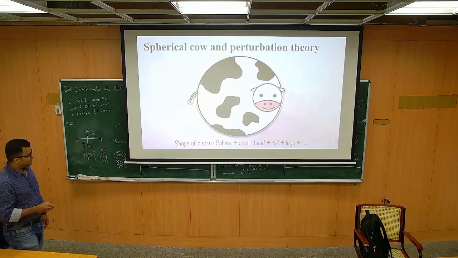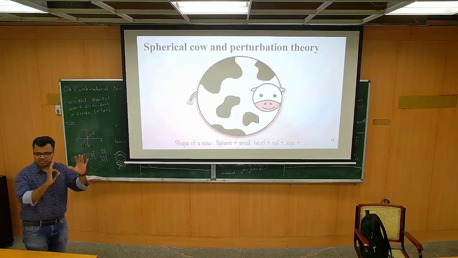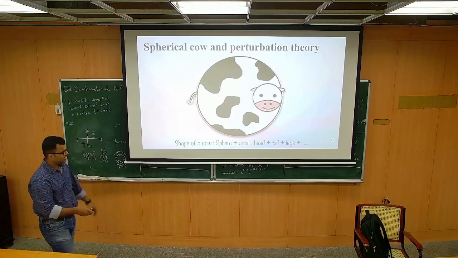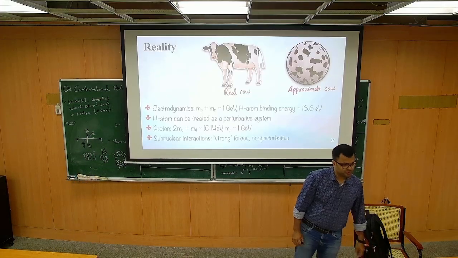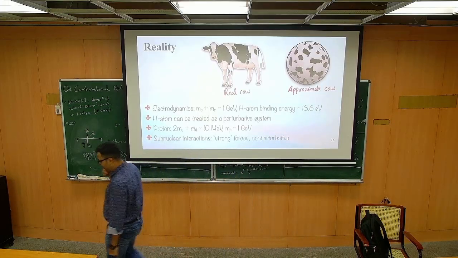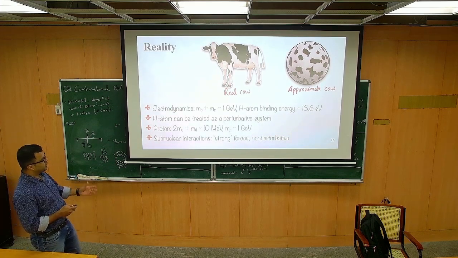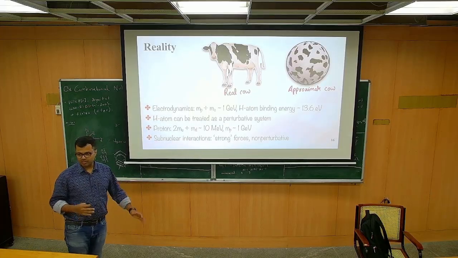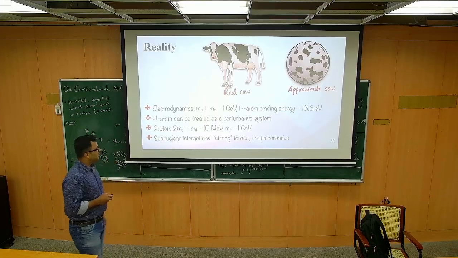If you take the same case here, you can assume that you have a spherical cow. Then you can slowly add some corrections, saying that of course it has a small head, legs, a tail, and so on. And then you can try to get a better and better picture of what is going on. But in reality, the case that we are dealing with is a more complicated cow. The legs, head, etc. are sufficiently large compared to its size itself, right? Which means you cannot use perturbation theory. So a real cow really looks like this, and even after doing several approximations, you may not get the shape of the cow perfectly. And that's what I was trying to argue.